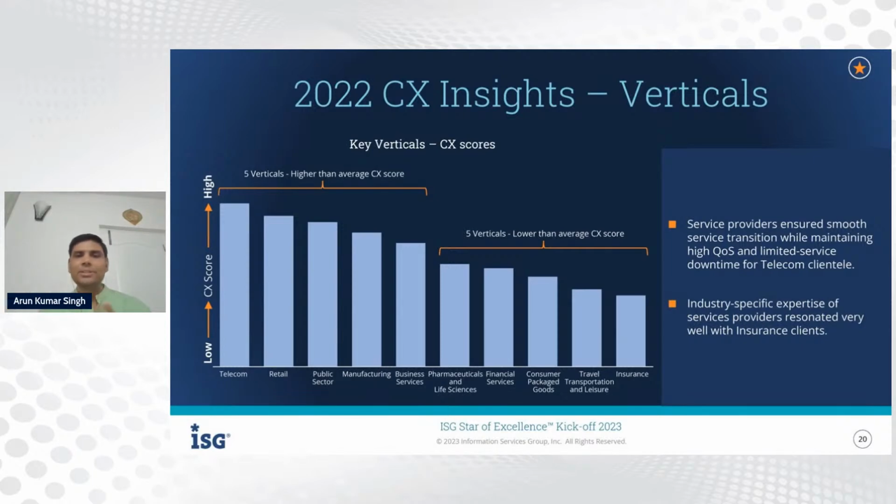On the right-hand side of this graph, in 2022, the insurance industry saw the lowest CX score while it continues to identify avenues to reconsider and innovate the customer lifecycle, which made 2 CX pillars of high importance to the clients. That is, one, innovation and thought leadership, and second, collaboration and transparency. The catch here is the CX pillar of governance and compliance, which emerged as the least important CX pillar